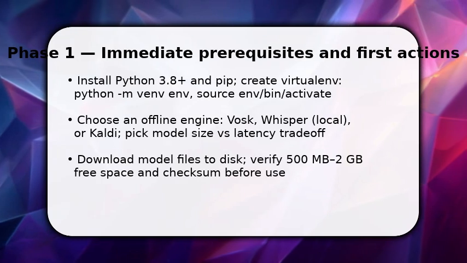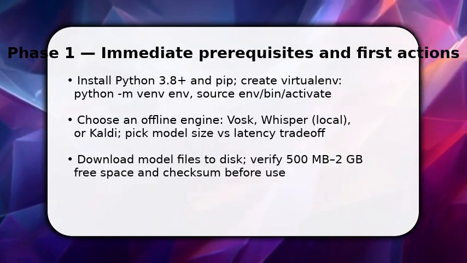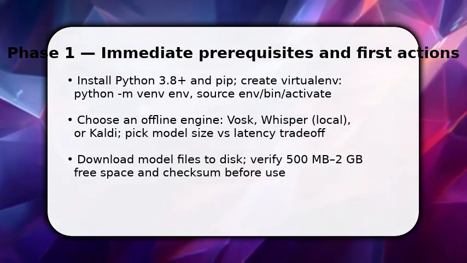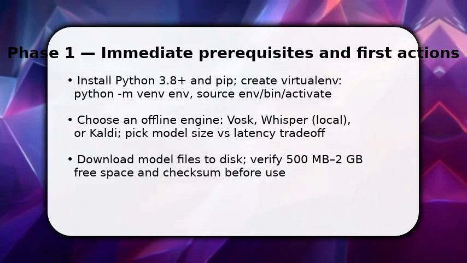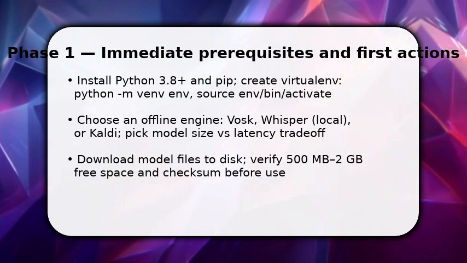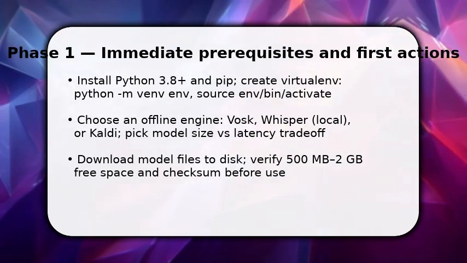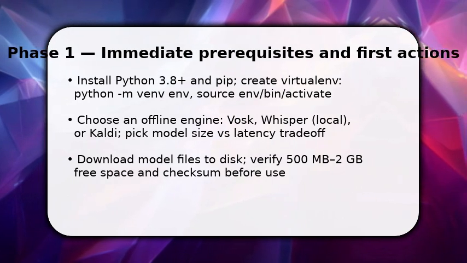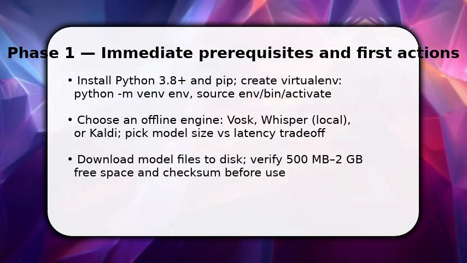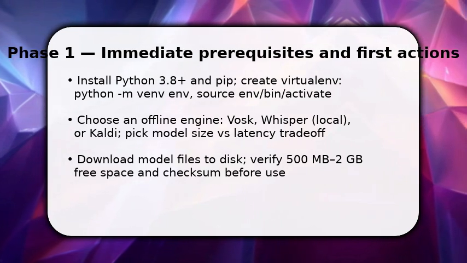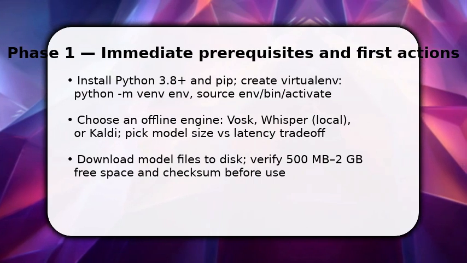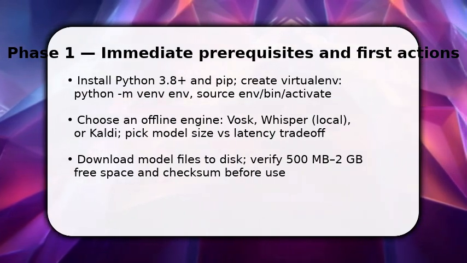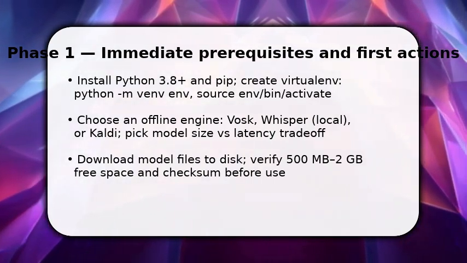You begin by preparing your environment. Create a virtualenv, activate it, and install core libs. Once done, pip install a local ASR library like Vosk or OpenAI Whisper with FFmpeg. You choose a model based on accuracy versus CPU/GPU needs, so download the appropriate model file to a known path. Make sure to keep models local to avoid network calls. This gets you to the very first runnable state, where you can load the model and process a test audio